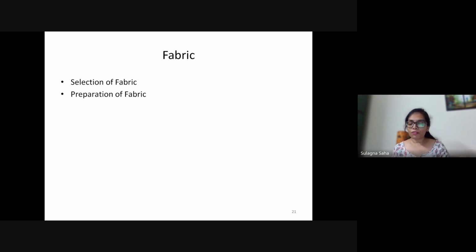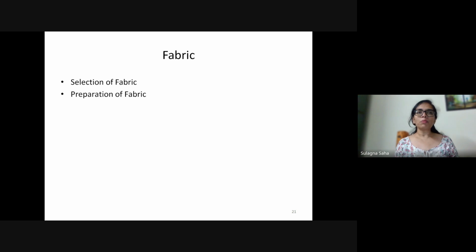Then you block the fabric. Blocking is important so that we can take the fabric and align it, right? The way I said it, we pull it and we align it. Now, if your fabric has a tendency to shrink, for example, you are working with linen or cotton, you might want to pre-shrink it.